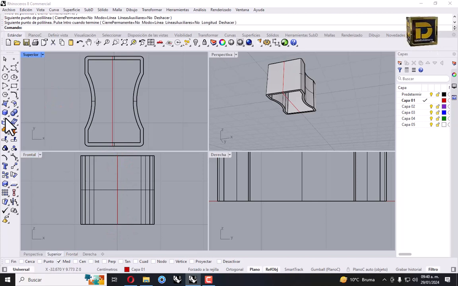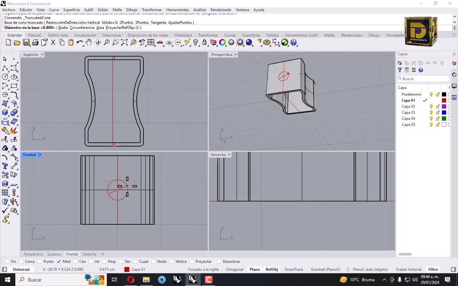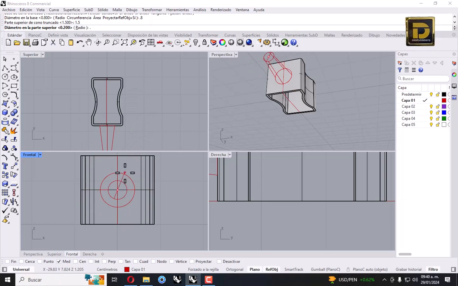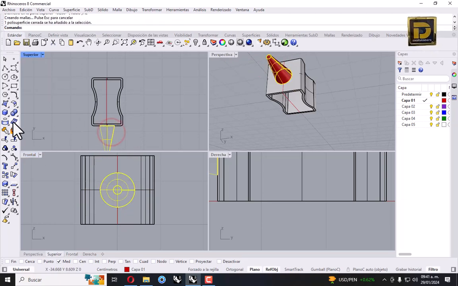Now let's make a cone, select this command, go to midpoint, diameter 0.8, 1.5 and 0.2, right. Select this cone, go to move from anywhere 0.1 and move it.